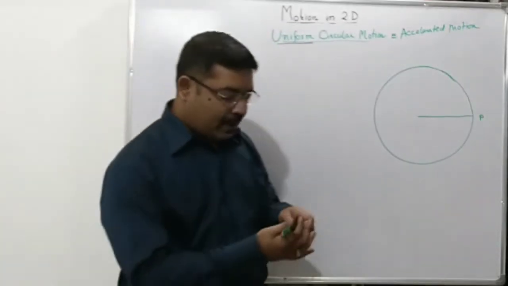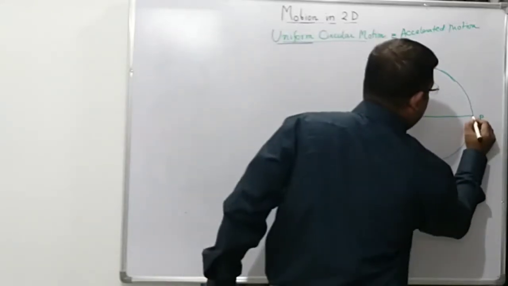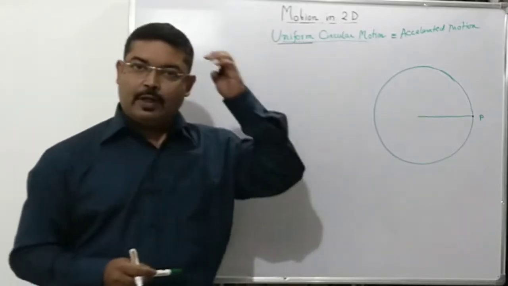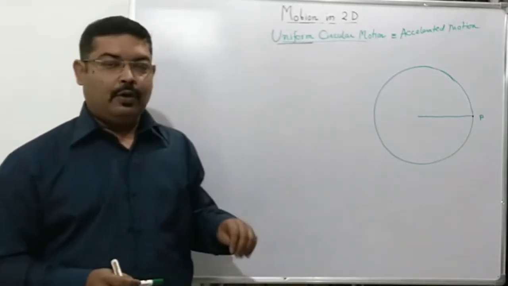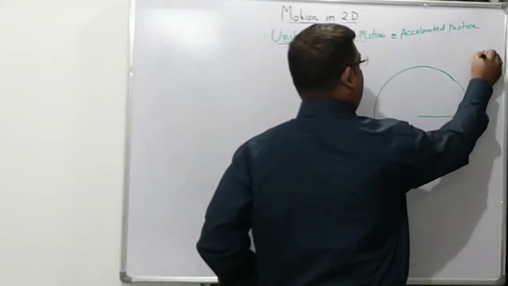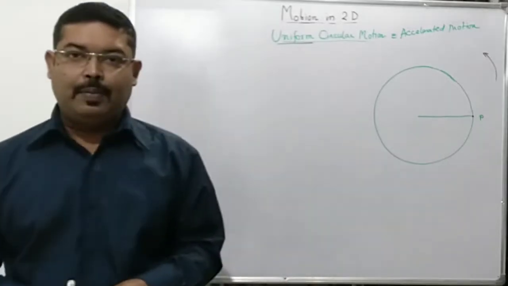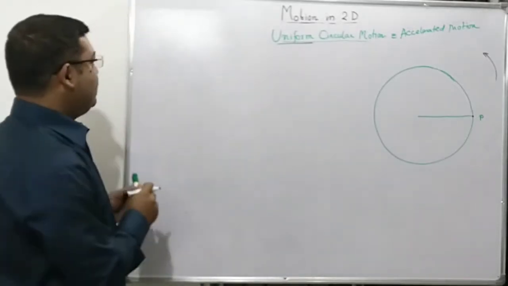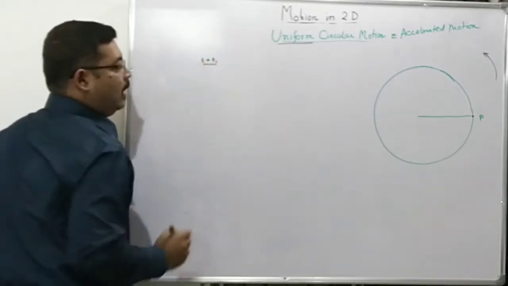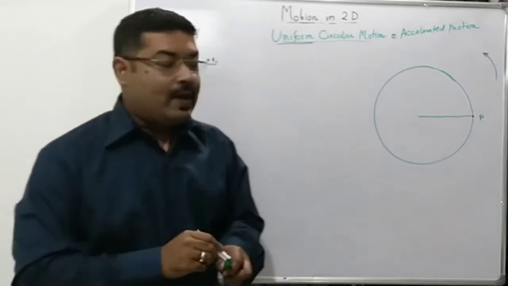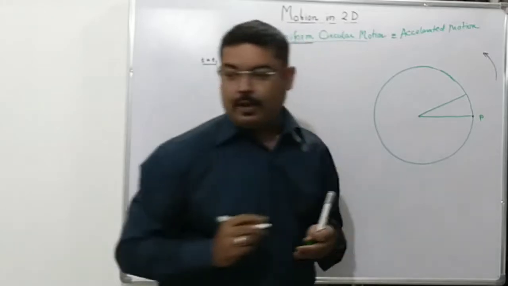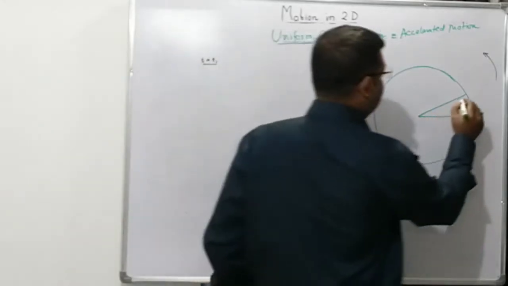Okay, now consider a particle executing uniform circular motion. Let us say when we start the observation at time t equal to 0, the object was at point P and the object is moving in the counterclockwise direction along a circular path. So after some time, say at some time t equals t1, it would have moved along the path and reached some other point. Let's say it reaches this particular point, which we will call A.